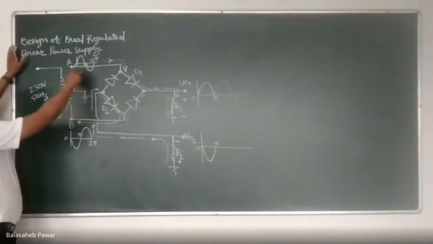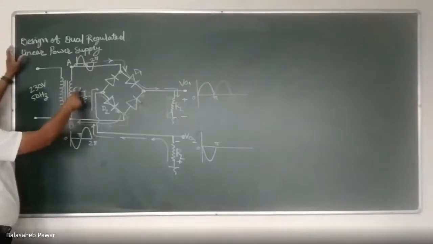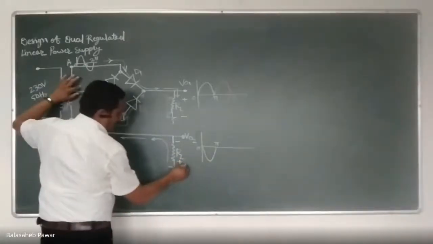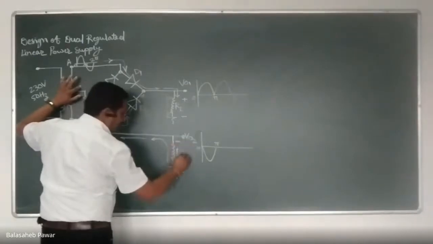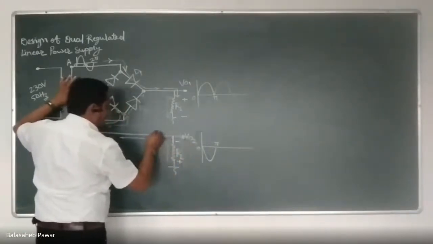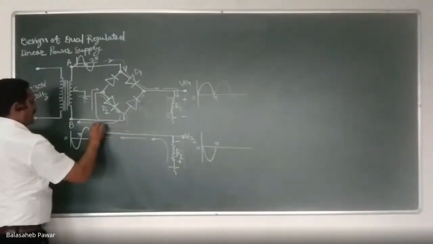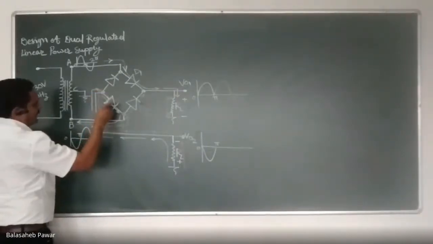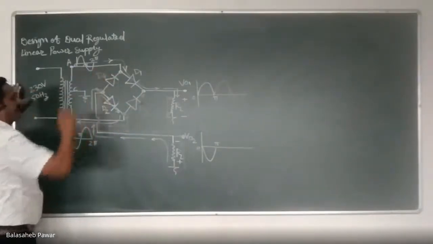Now, we'll see the upper secondary, which is negative. Terminal A is at negative potential, but its center tap will be positive, right? Now, as the center tap will be positive, again current will start to flow from ground, that is from the center tap, and it will flow like this. Again, we reach this node, which is formed by, as I already mentioned, this one as diode D2, this one as D3, and only one is remaining. I will title it as D4.